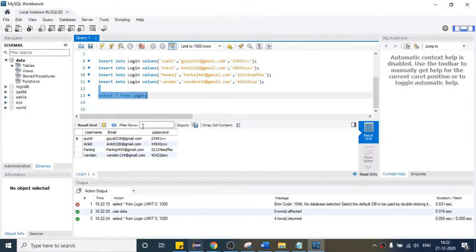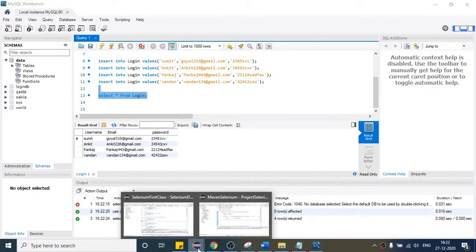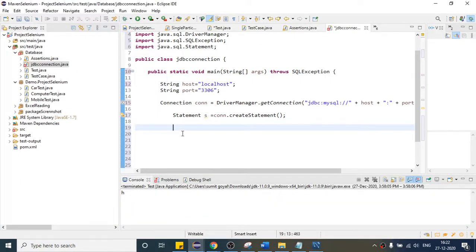So similarly, if I copy this query from here, let me first write that in one variable. So String, what is our query? First I want to display all the data, so I am writing it in double quotes. Now this query you have to pass into one method of this. How can you pass? s dot.